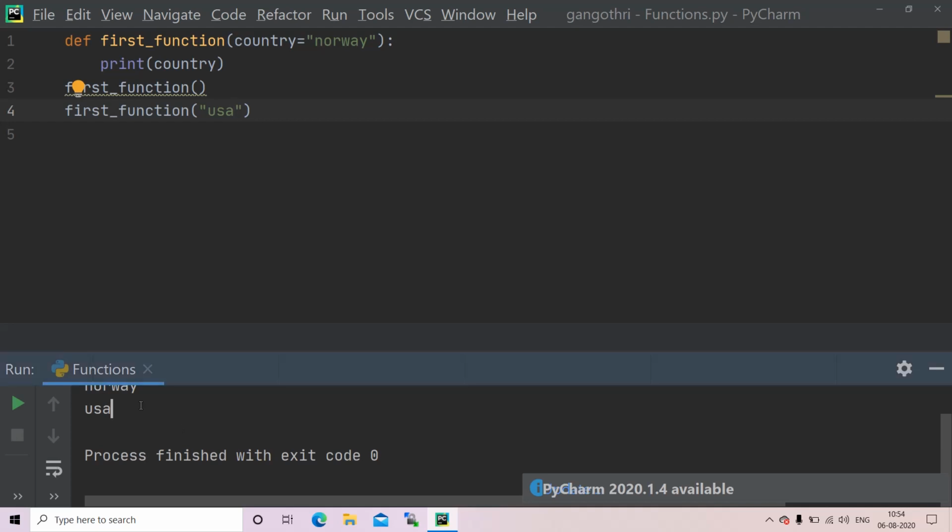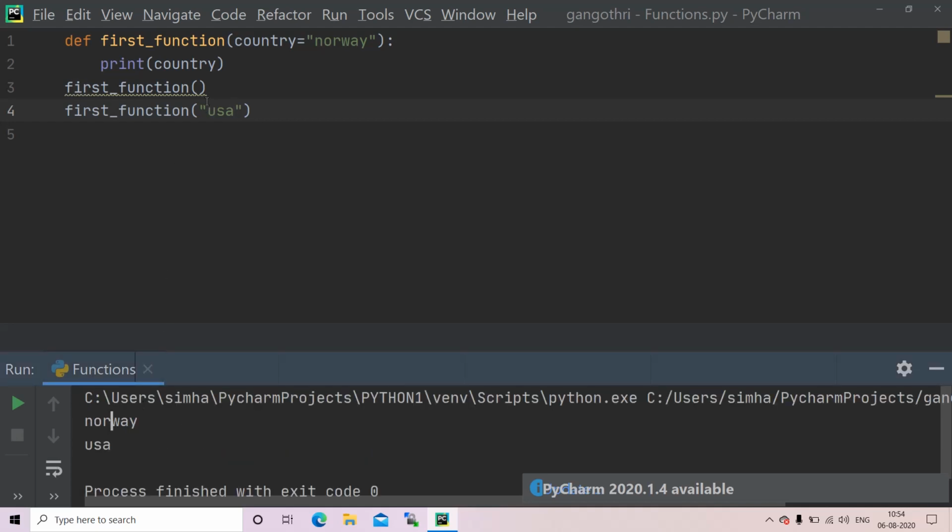Yeah, firstly we haven't passed any arguments here, right? In the first keyword arguments, that is our positional arguments, we have discussed that the number of arguments in the calling statement must be equal to the number of arguments in the definition statement of the function. But here we haven't provided any arguments.